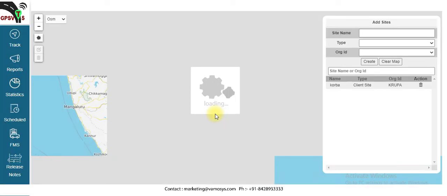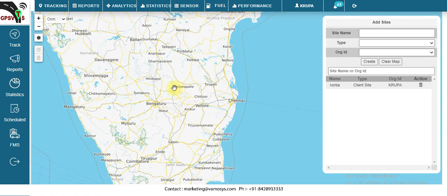After that, Google Map opens and here you have to fill in these details like site name, type, like home site or client site or restricted site or others. You can select the type of site here, the organization name here, and you can simply add it.